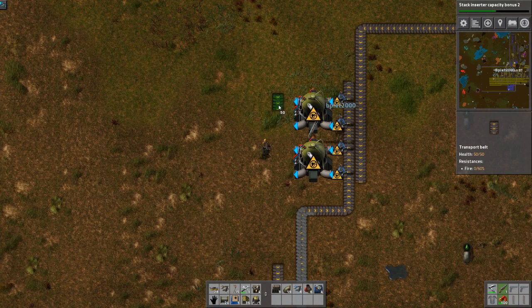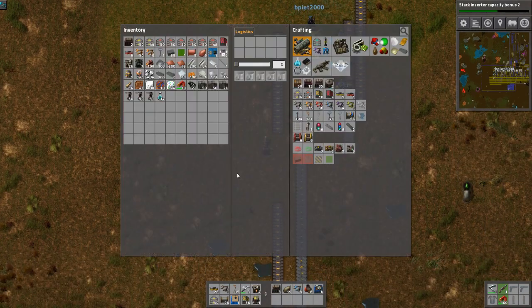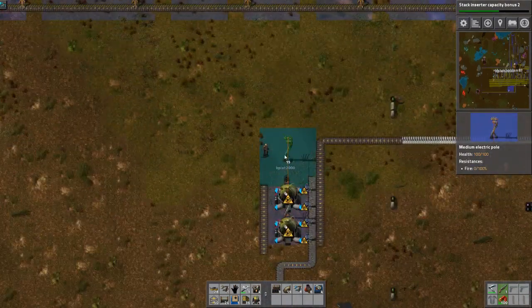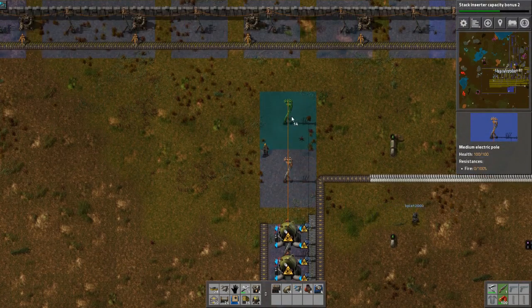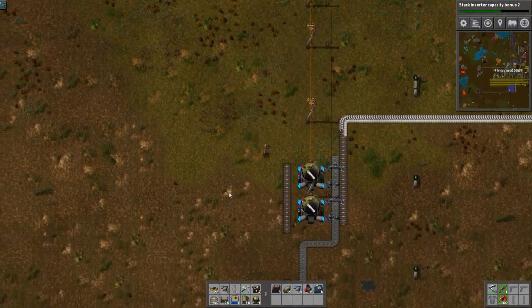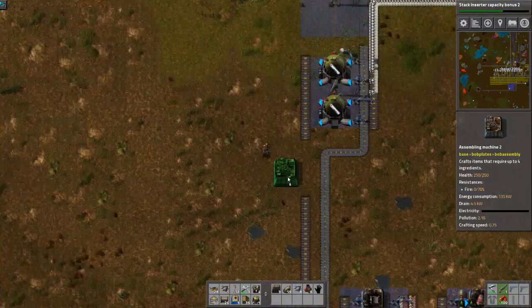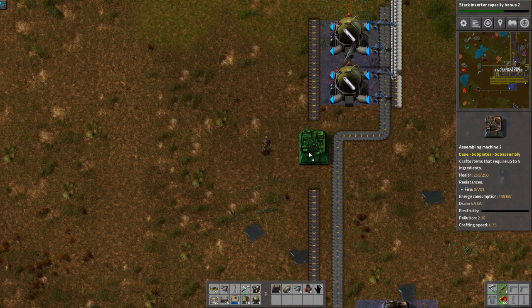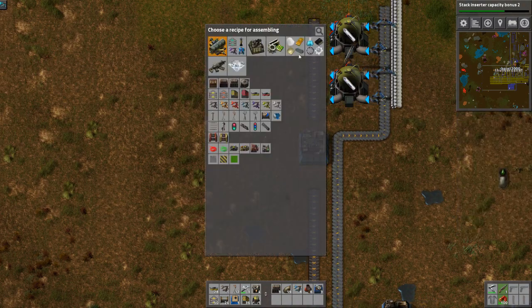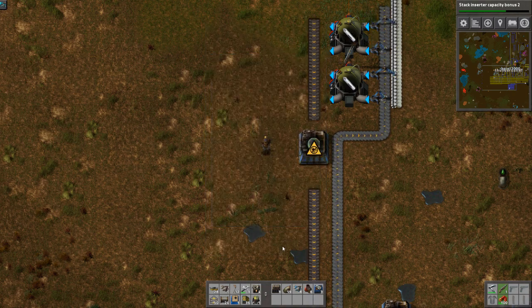This needs power. I'm out of electric poles. Actually, I have a couple. I am out, too. Jeez. I just made some, because it's easier than walking halfway back across the planet. Yeah. Okay, so that goes there, and then we do this. And we make silicon...